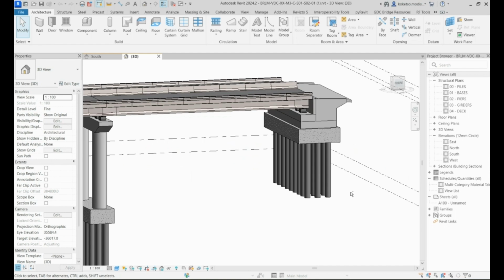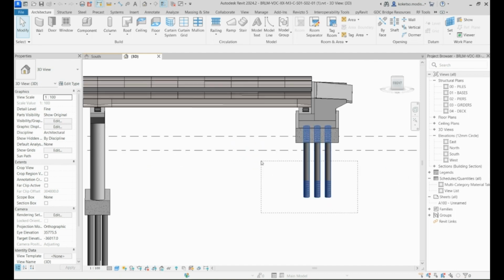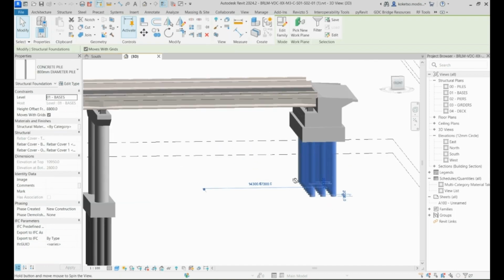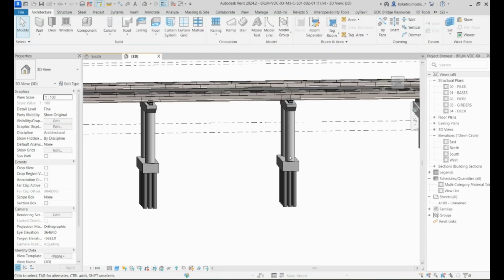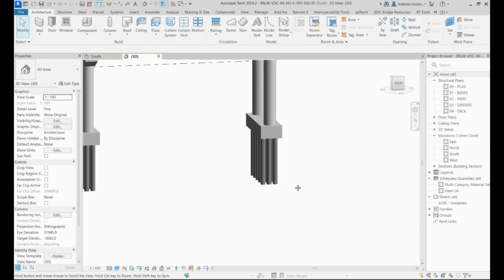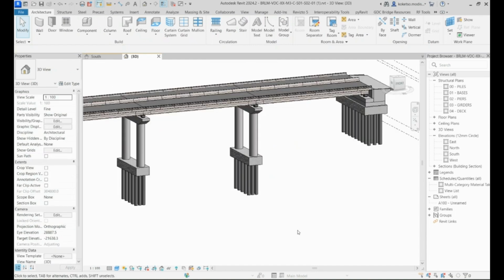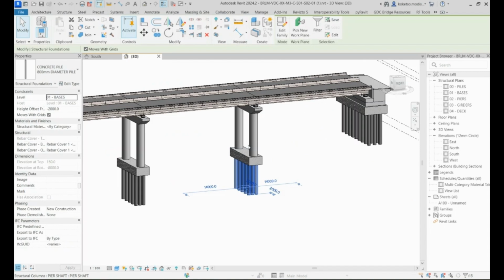So we're gonna start with our piles. I'm gonna select these piles for our abutment, and then I'm gonna assign them a mark. I'm gonna name this one P1A, where P stands for pouring, concrete pouring in essence,